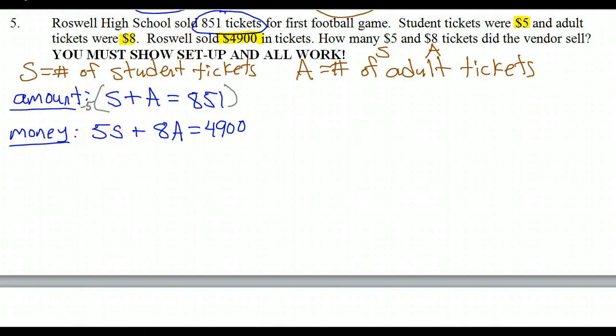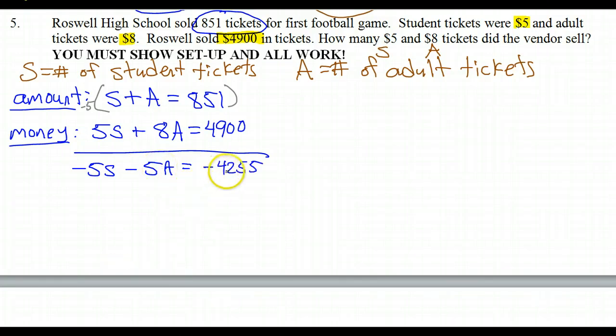If I multiply that top equation by -5, it's going to become -5s minus 5a equals -4,255. The bottom equation stayed the same, so I'm just going to write 5s plus 8a is equal to